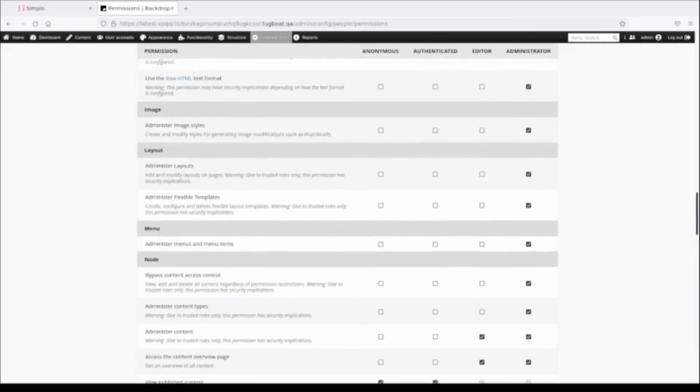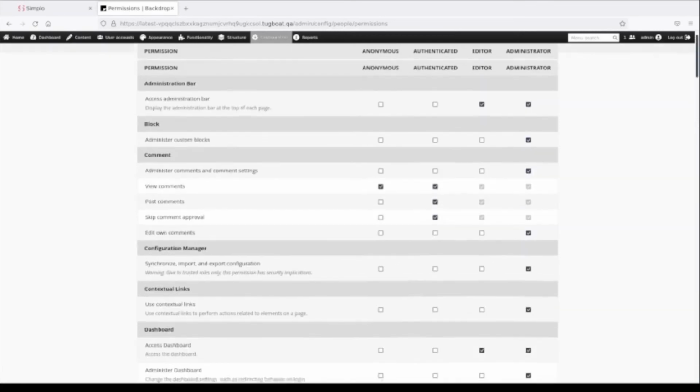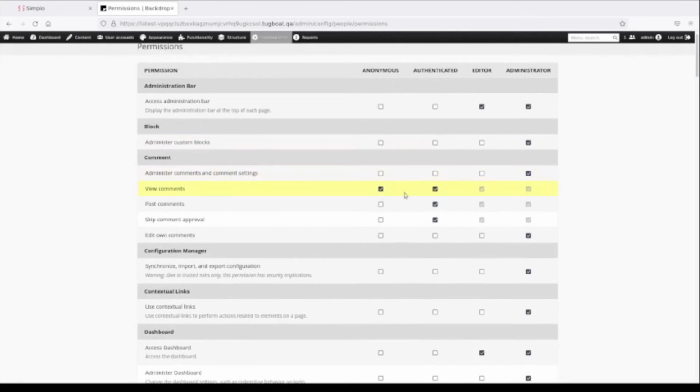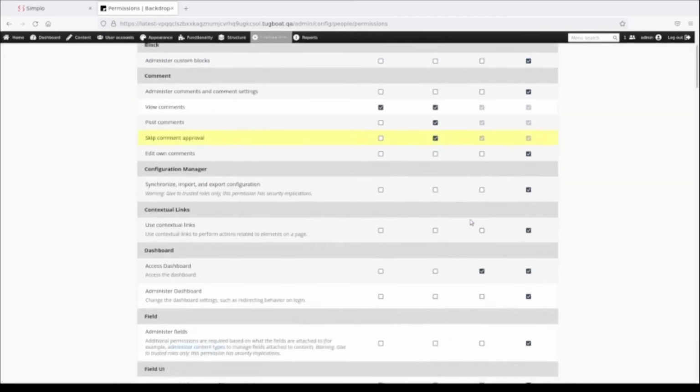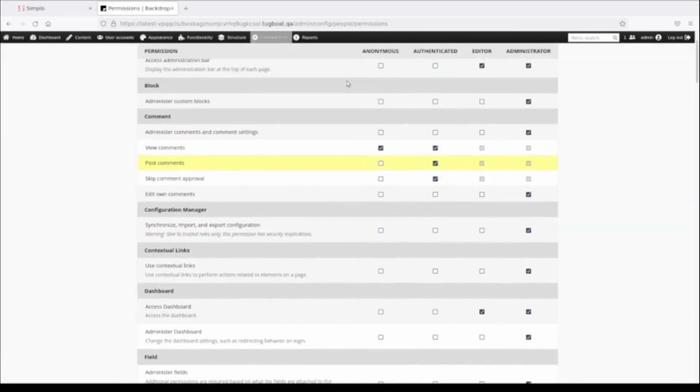So there's a lot of different permissions. You can be very fine-grained about who can do what in Backdrop. And you'll see that out of the box, the editor, for example, can access the admin toolbar where a regular authenticated user can't. Let's scroll down here. So any anonymous user can view comments as well as any authenticated user, but only an authenticated user can post comments or skip comment approval